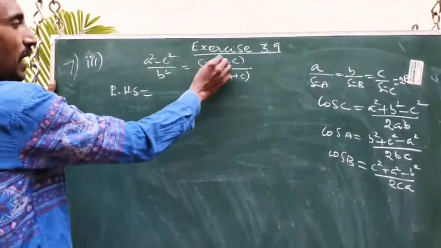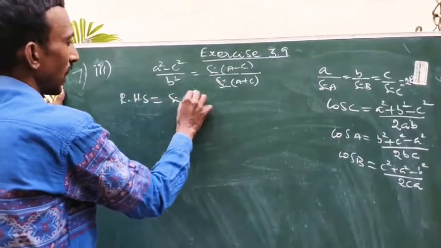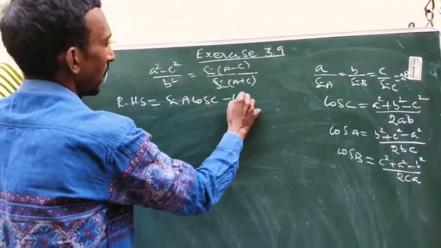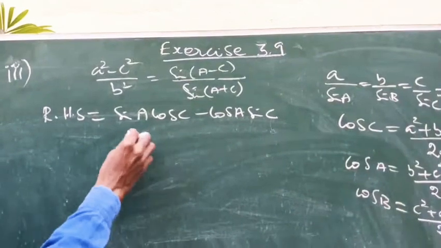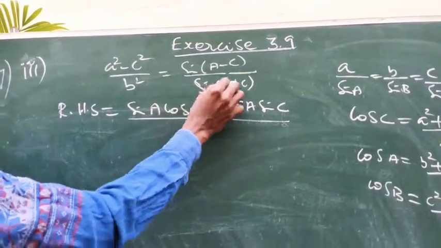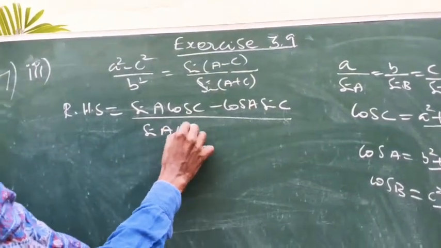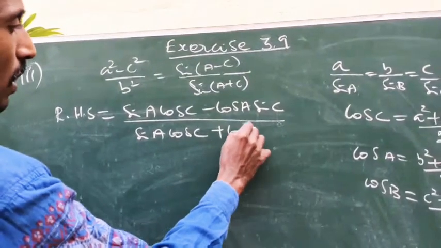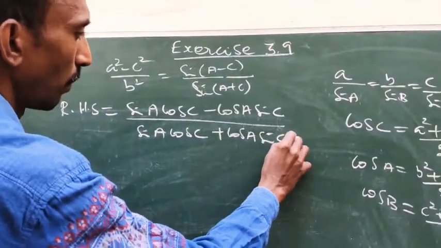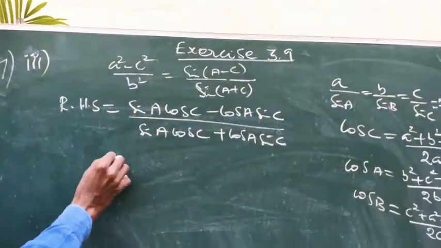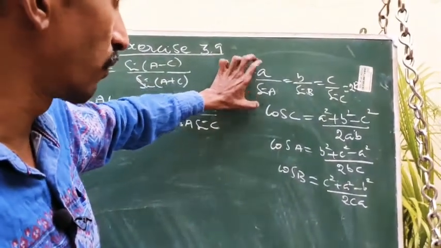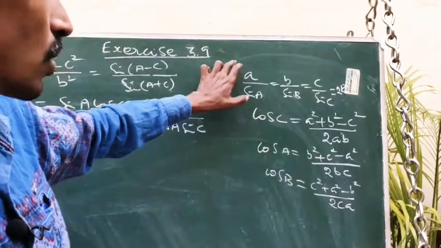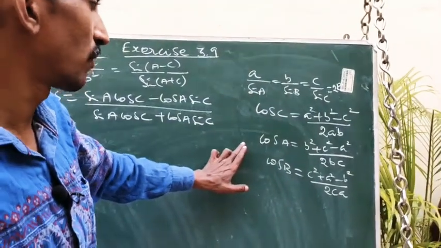So what is sin (a minus b)? Sin a cos b minus cos a sin b. Here put a b equal to c, that's all. Again, it is sin (a plus b), sin a cos b plus cos a sin b, okay. So again, remember my dear student, we are going to apply sine formula and cosine formula. So just look at the sine and cosine formula.